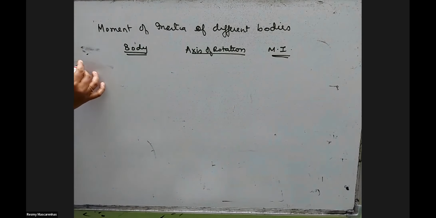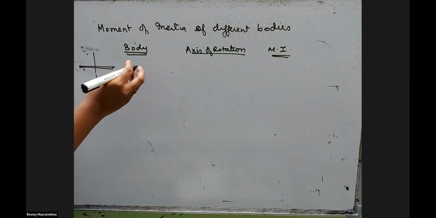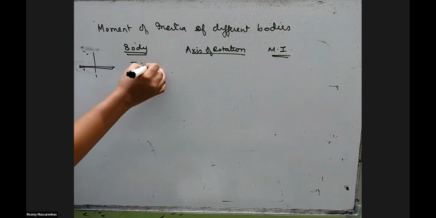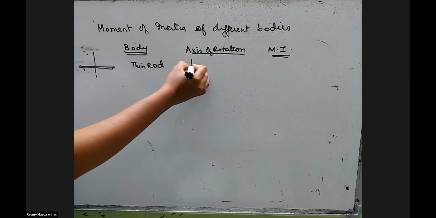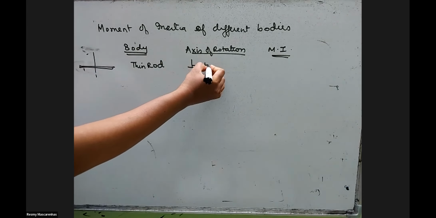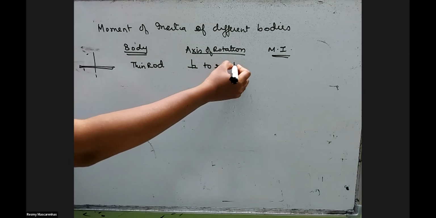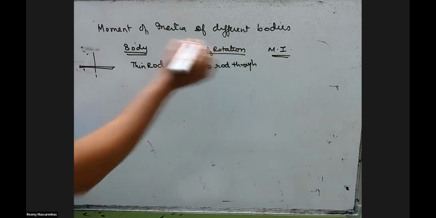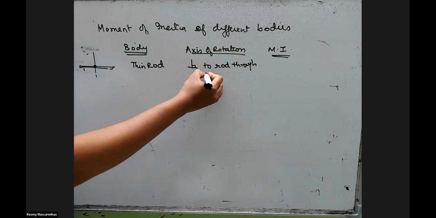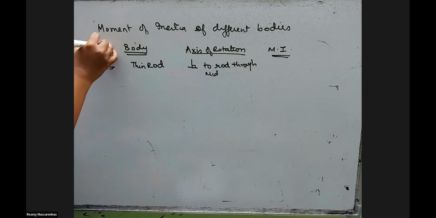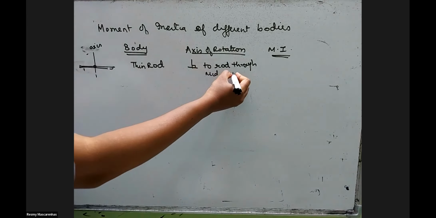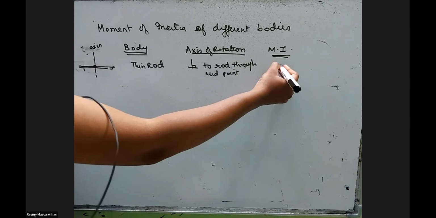I'll draw the diagram here on this side. The body is nothing but a thin rod, and the axis is perpendicular to the midpoint. This is the midpoint. And the answer is